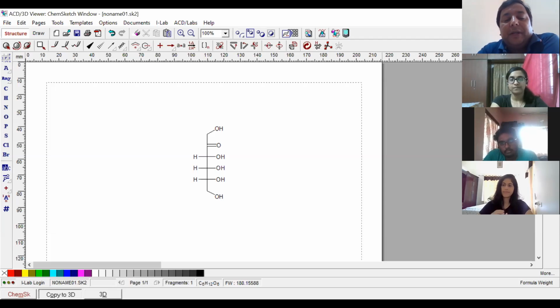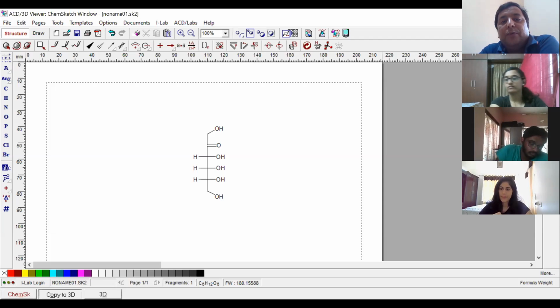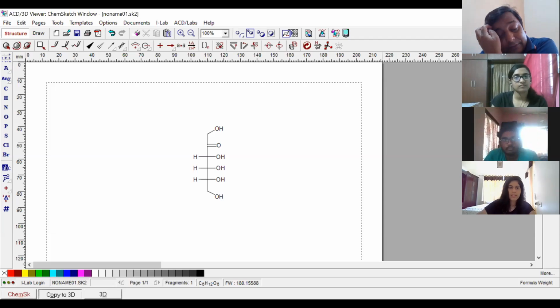If you have any question, you can ask. You just take the cursor. You see the auto rotate is there. Here the option is auto rotate, and even manually you can rotate it.